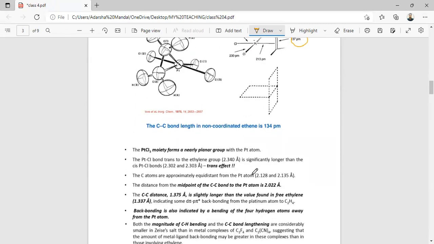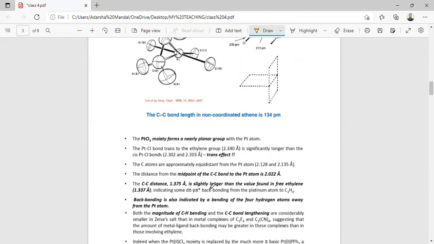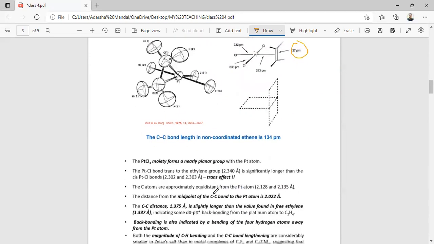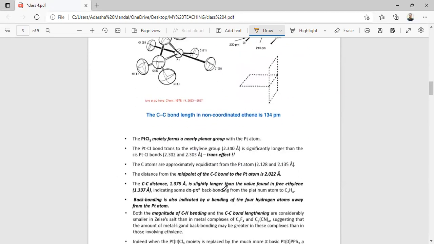Some basic features of this PtCl3 ethylene molecule: the PtCl3 moiety forms a nearly planar group with the Pt atom. That means the three chloride ligands are more or less in the planar position with this platinum. The platinum-Cl bond trans to the ethylene group